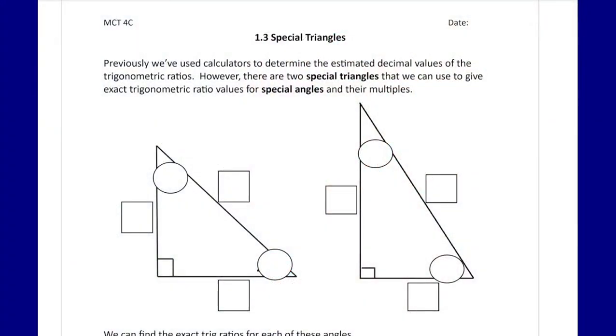In today's lesson, we are going to be looking at some special triangles. In the previous lessons, we've calculated side lengths, and we've calculated angles using the trig ratios and the sine and cosine law, but technically those have been estimated decimal values. Right? We've had to round in certain scenarios, or we've rounded our final answer, or because it's been a decimal,